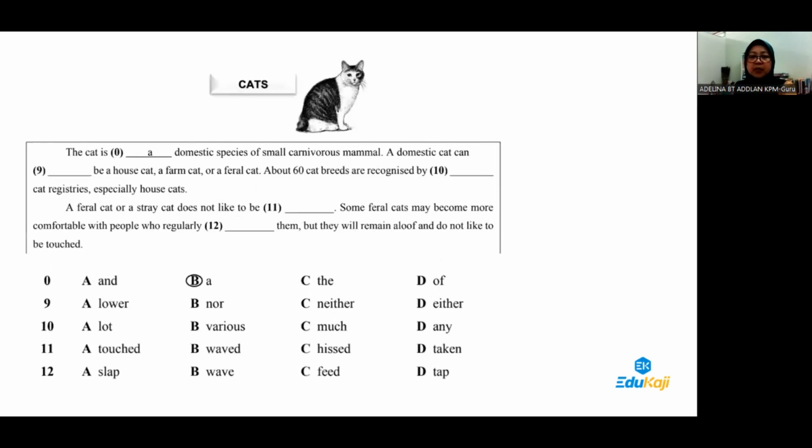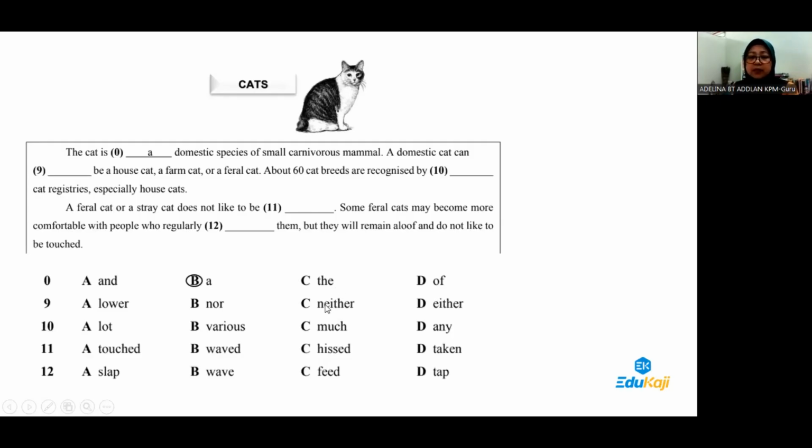Alright. Okay, this is part 2. So for part 2, which is the gap text, the level of difficulty has been increased. How do you know it's been increased? It is actually now having 4 multiple choice answers. So, like what I said already before, for part 2, students are being tested on their vocabulary and grammar.